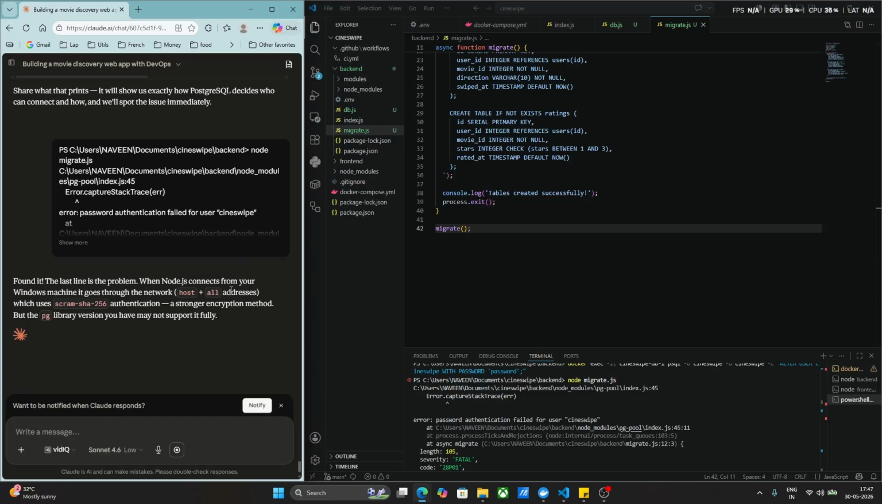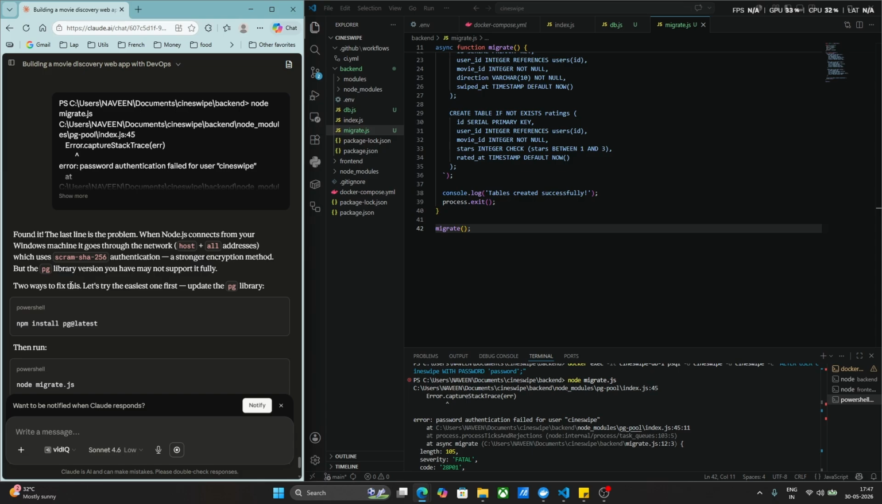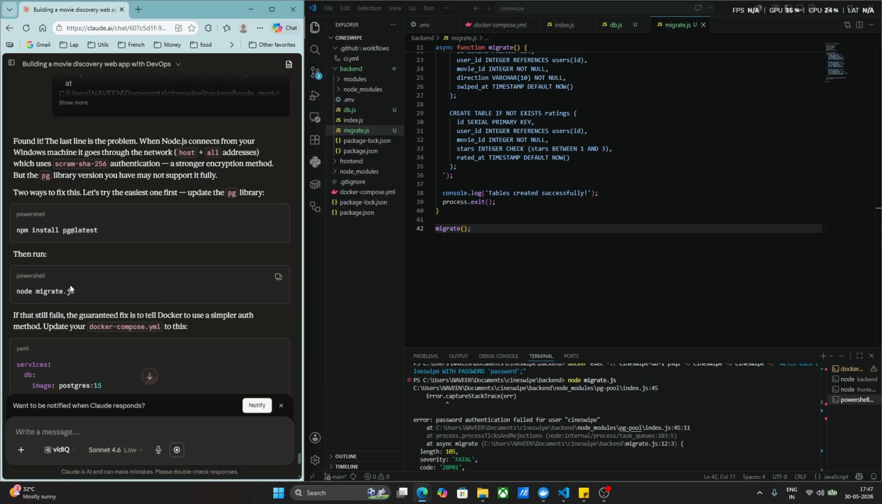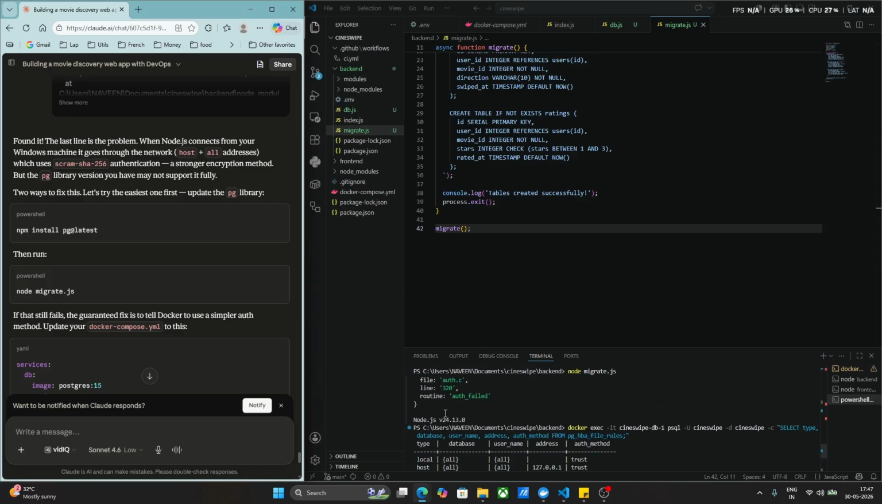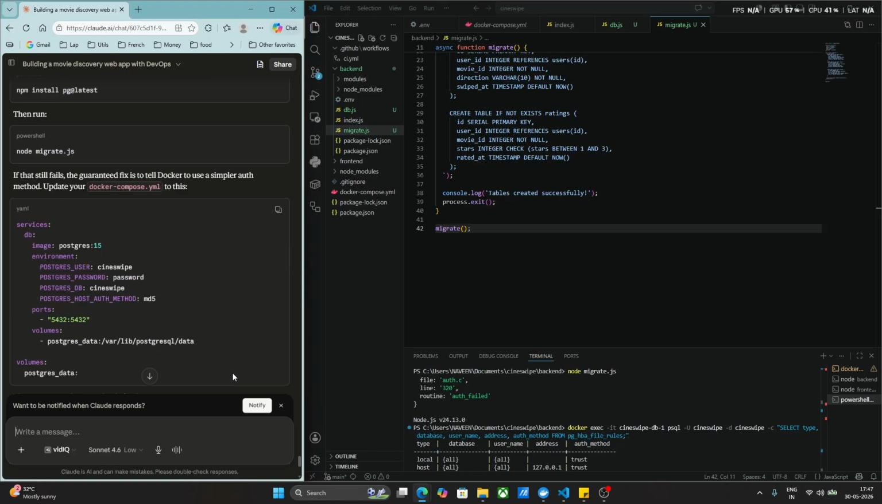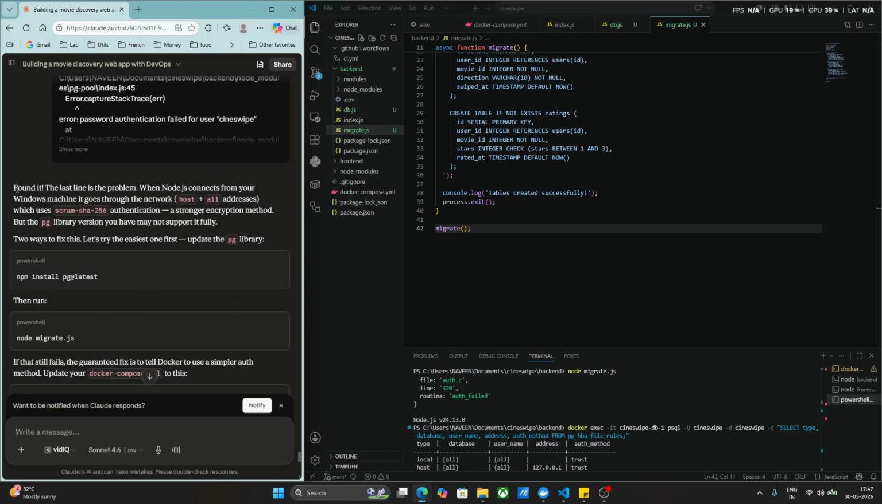The last line is the problem. The node connects. That's what I thought of when I saw this. I thought the problem was the node version. I think I found it. The last line is the problem. When the node connects from a Windows machine, it goes through the network host plus all addresses. This is CRAM authentication, a stronger encryption method, but